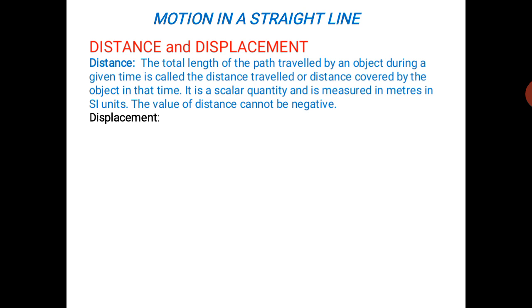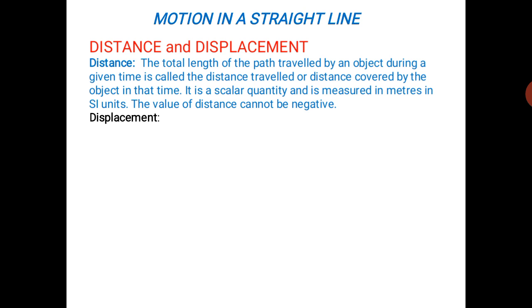Cleared? Suppose the body travels from A to B. If you measure the path length, suppose we get 5 meter. That one is the distance. And the shortest distance between A and B, suppose it is 4 meter. Then we can say that displacement is 4 meter. So if the displacement from A to B is 4 meter, then from B to A is also 4 meter, but it is negative, so we say it is minus 4 meter. The direction is very important in this case. It is the shortest distance along with direction.